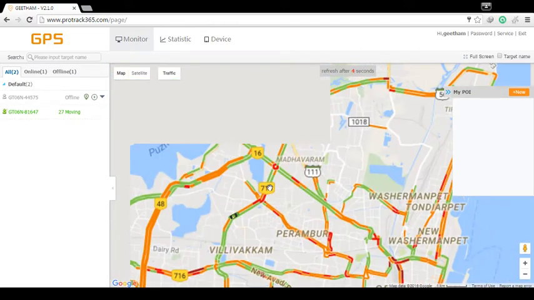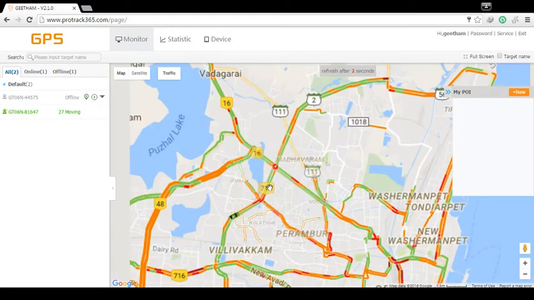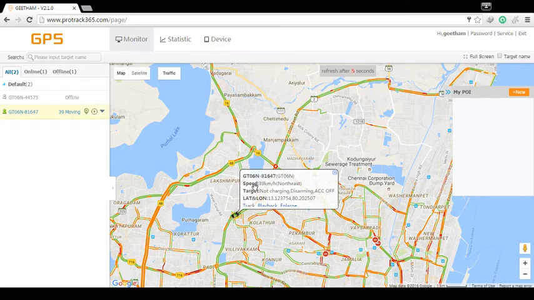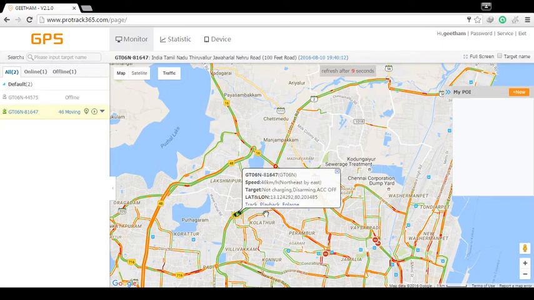Come back to the left pane and click any one of the devices. By clicking on the device, it can display the tag name, the status of the device, whether it is in online or offline state, and the latitude and longitude of the device. Under each device, you are provided with three additional options, namely track, playback and other.